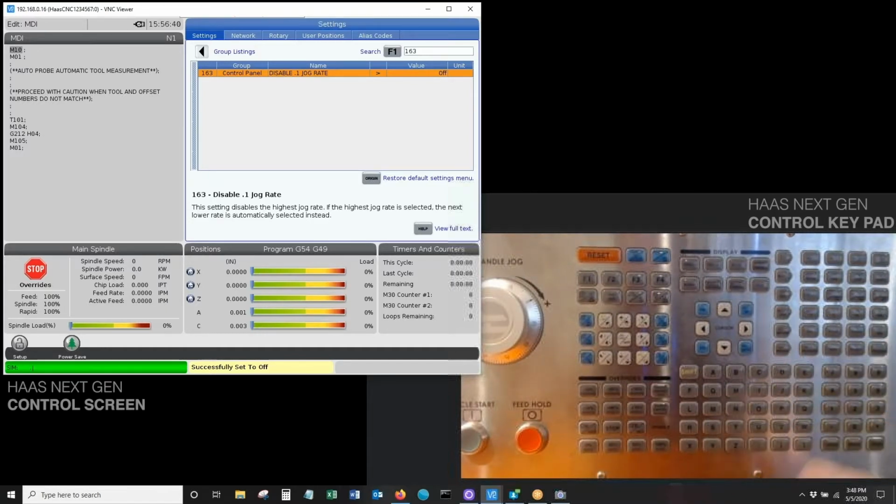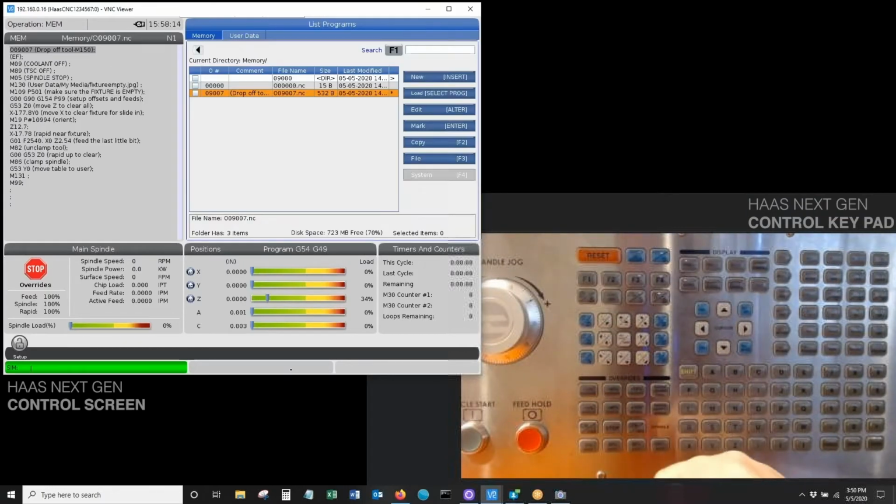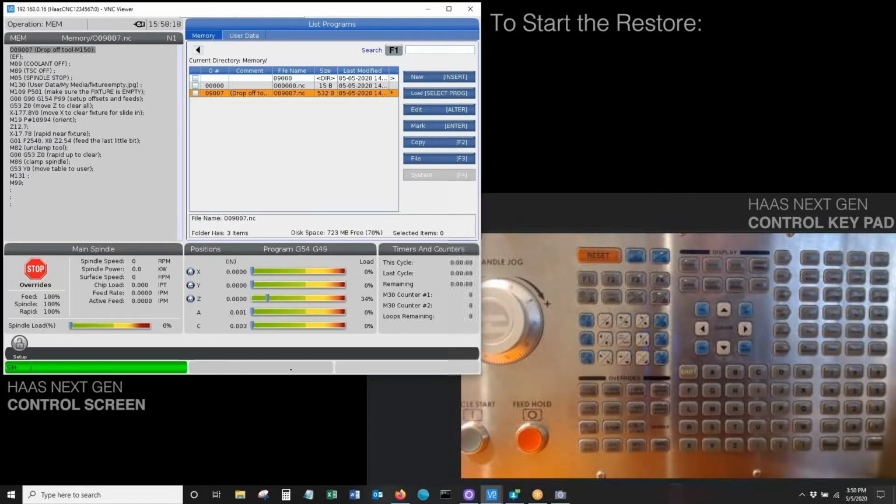So once again, really all the point here is that I've just made some changes after our restore. So I'm pretending as if I wiped out all my programs and my offsets, and one of the settings that I normally have set different from factory is now back to factory, and we'll go ahead and we'll start the restore. Okay, so now that my machine's set up as if I lost everything,